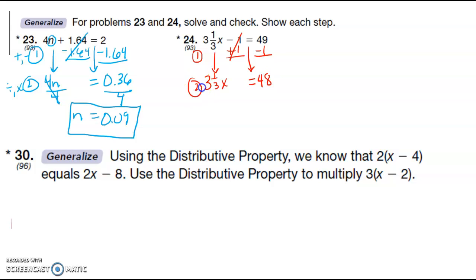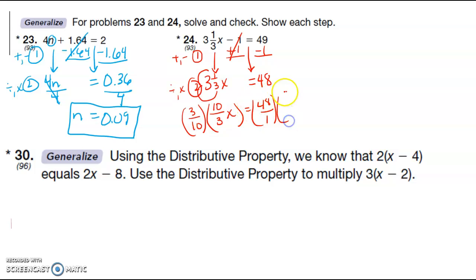And then the second thing I'm going to have to do, this is my add and subtract step, this is my divide or multiply step, I need to popcorn this. So 3 times 3 is 9, plus 1 is 10. And then I need to multiply by the reciprocal. So this is going to cancel. I get x by itself. It's 48 times 3 over 1 times 10, which is